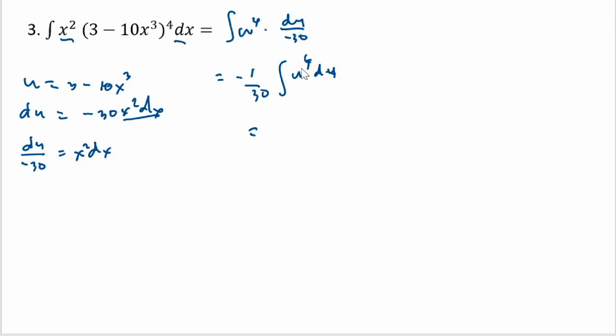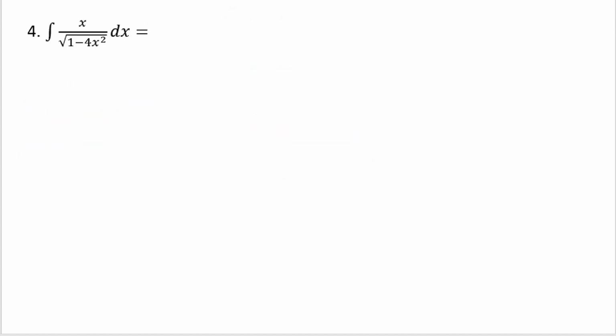Then integrating this, it becomes negative 1 over 30 times u to the power of 5 over 5 plus a constant. Multiplying that, we have negative 1 over 150 times (3 minus 10x) to the power of 5 plus a constant. For number 4, we have the integral of x over the square root of 1 minus 4x squared